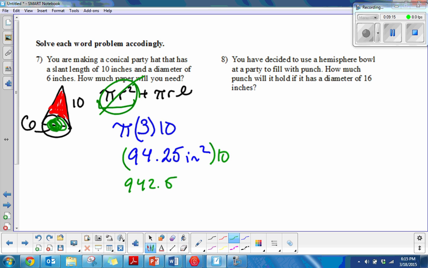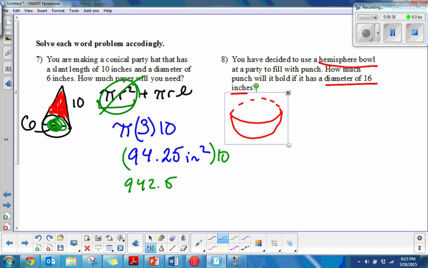Okay, I want to look at number 8 too. Okay, and I'm going to read it. It says you have decided to use a hemisphere bowl at a party to fill with punch. How much punch will it hold if the diameter is 16 inches? Okay, so a hemisphere bowl essentially is a sphere cut in half. Okay, and it says the diameter. Okay, it tells you it has a diameter